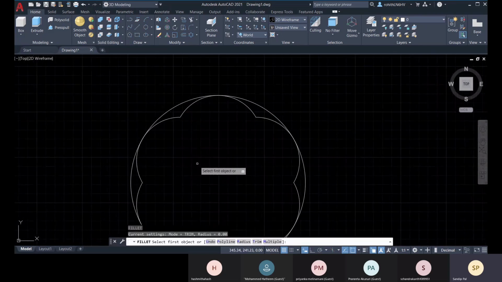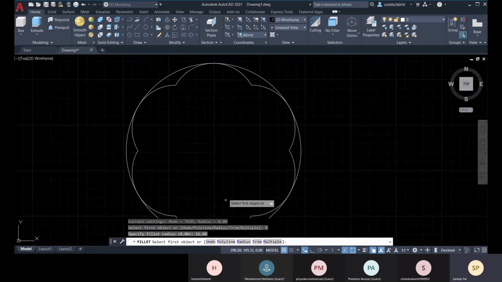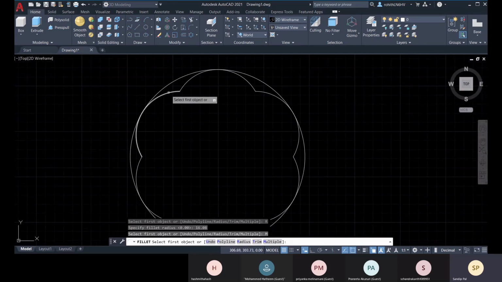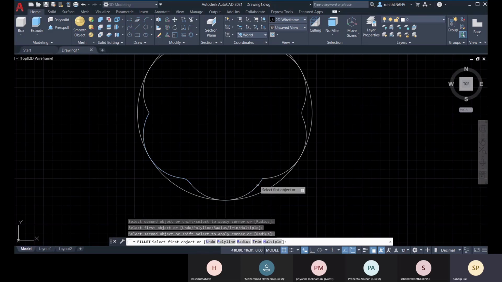So go for F, enter, and go for radius, that is 16.08, enter, and then we will use multiple, to do it in one operation. Go for multiple, and then you start taking your first object and second object, first object, second object, first object, second object, first object, second object, first and second.